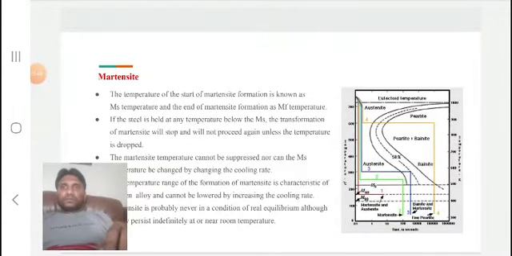Martensite is a phase, just like austenite. It is also a phase which has a BCT structure, which is very hard, whose Rockwell hardness is around